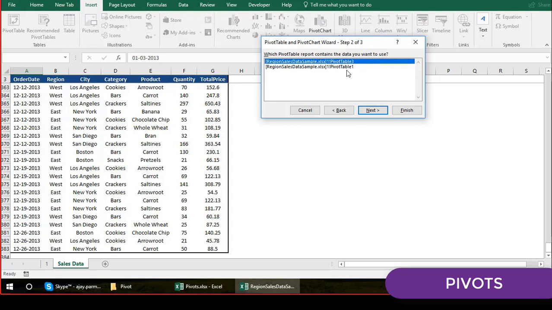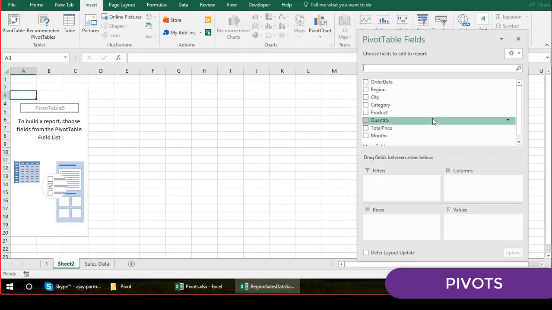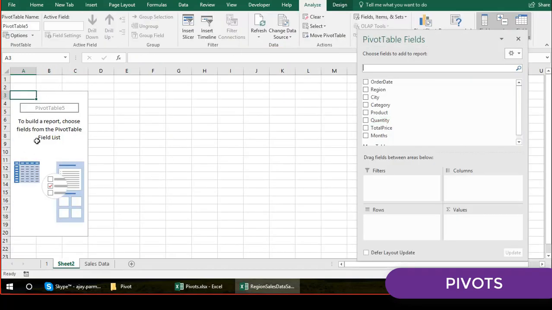So all the pivots have used the same data. I just select this. In this way, Excel does not hold that data again separately somewhere on your hard disk. That is the only difference. So if I click on finish, you get the pivot there. You see that I have a sheet 2 and the pivot gets created.